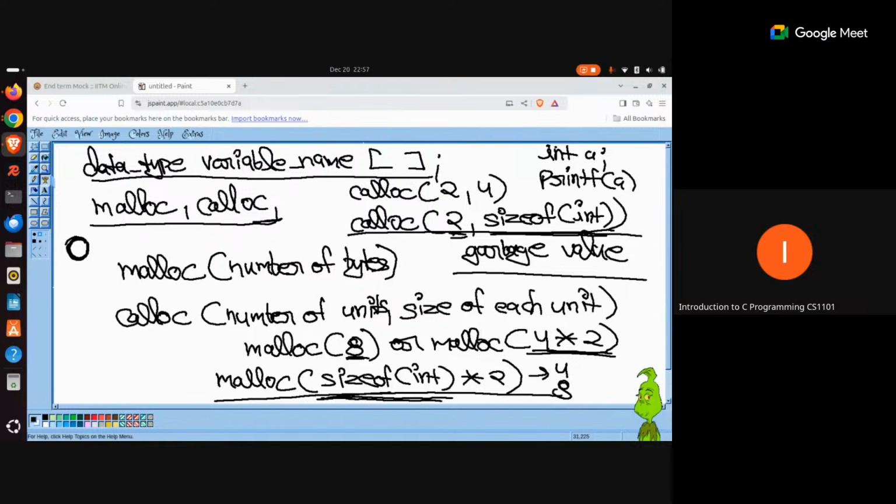See, if you are getting all the memory blocks automatically initialized to 0, this is a good thing for you. Maybe not great, maybe a good thing, because by accident, even if you try to access some memory block which is not initialized yet, you will ultimately get the value 0 instead of a garbage value. So maybe some advantage. But this is an advantage of calloc over malloc. Can you think of an advantage of malloc over calloc? We have already seen the advantage of calloc over malloc. Now we want to look at the advantages of using malloc over calloc. Any ideas? Any guesses?